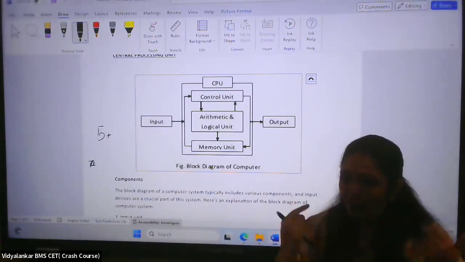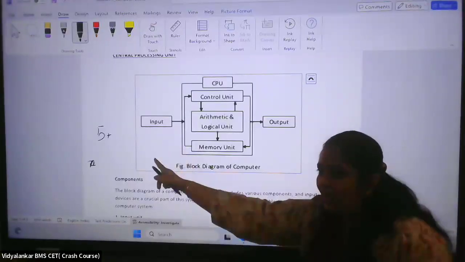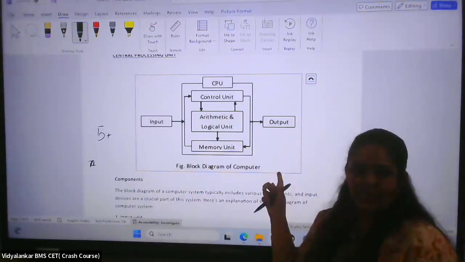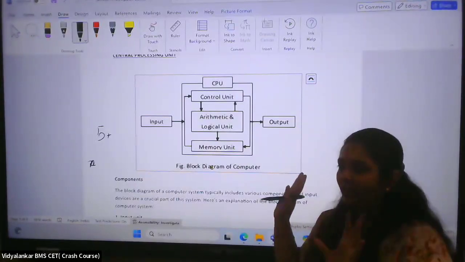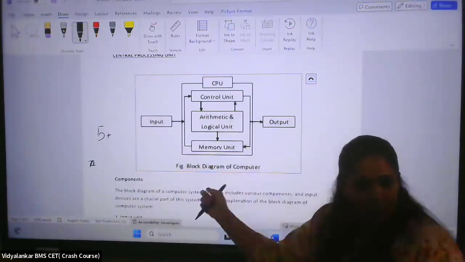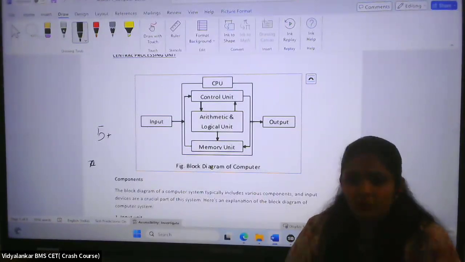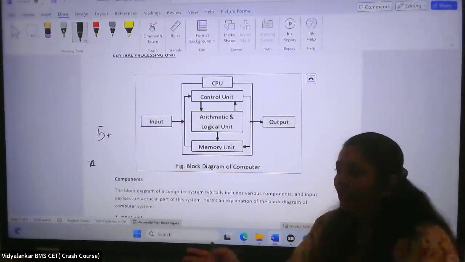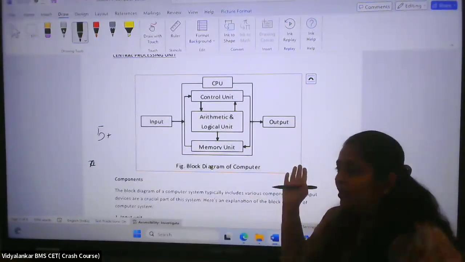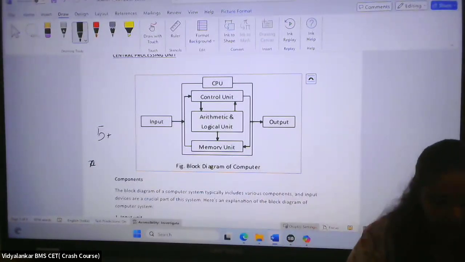Now, the entire system works on these 3 stages. It fetched, decoded, executed. Is that clear? You have a next topic which we'll go into in detail, but I just wanted you to know: fetching from the input device, decoding, that means understanding what conversion is required, what manipulation, may modify, delete, insert anything, and lastly, execute. That is displaying the output. Is that clear? Okay.